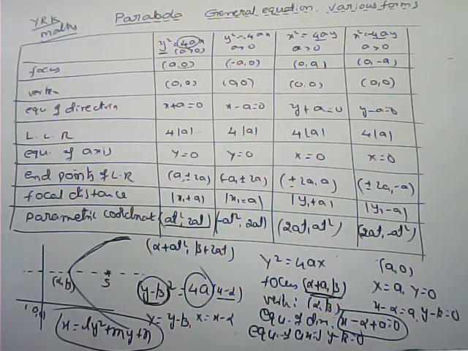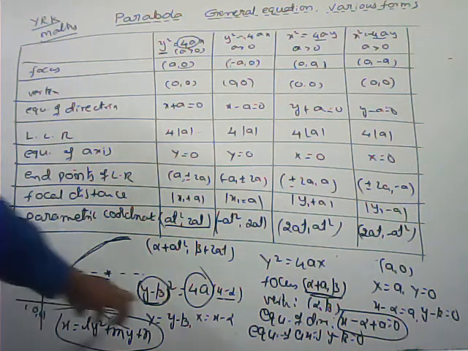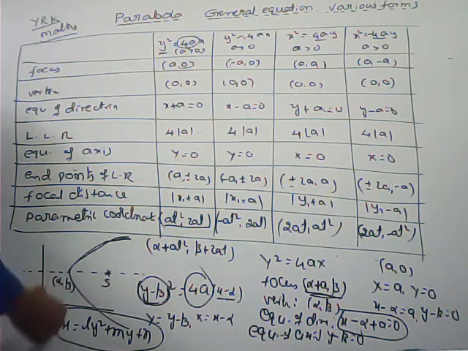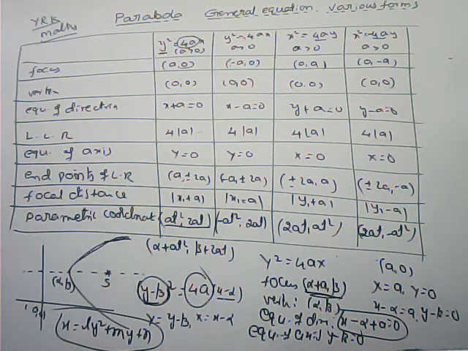Sometimes it depends upon, for example, the equation of the parabola whose axis is parallel to x and origin shifted to some other point, or whose axis is parallel to x and passes through 3 points. So we can write directly this one also. In that also, 3 unknown terms are there and 3 points are given, so we can get all the 3 unknowns. Instead of that, this is a very comfortable way.